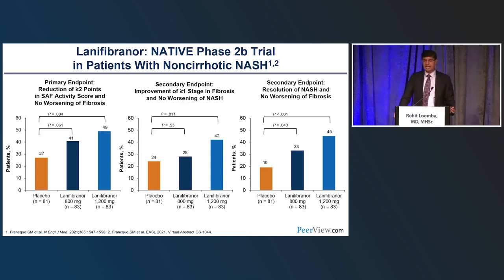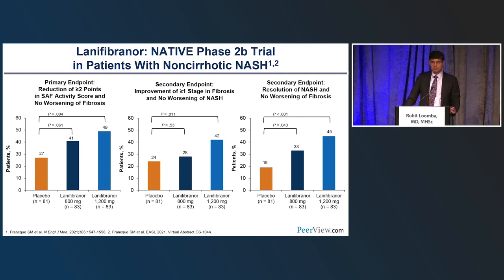This is looking at lanifibranor data, which is a pan-PPAR agonist. This is 24 weeks of treatment or 6 months of treatment with lanifibranor. To the left, I'm showing you a reduction in 2 points in SAF activity score, which is similar to the NAFLD activity score without worsening of fibrosis, which was significant for the highest dose of lanifibranor, 1,200 milligram orally daily